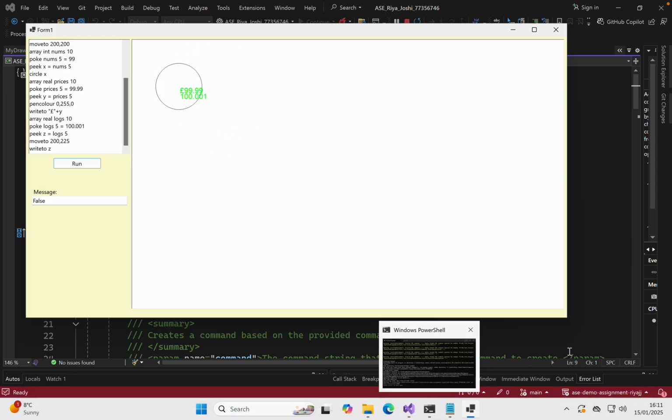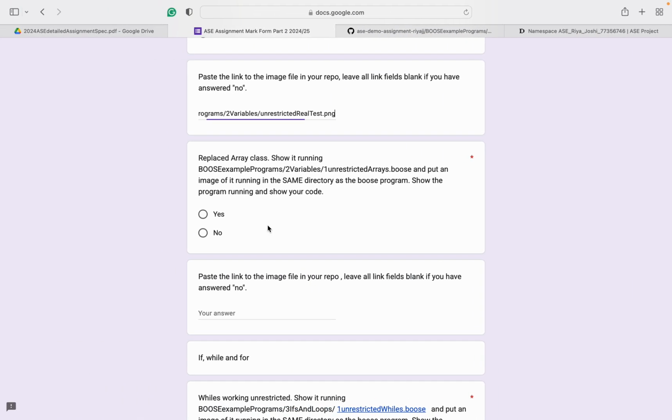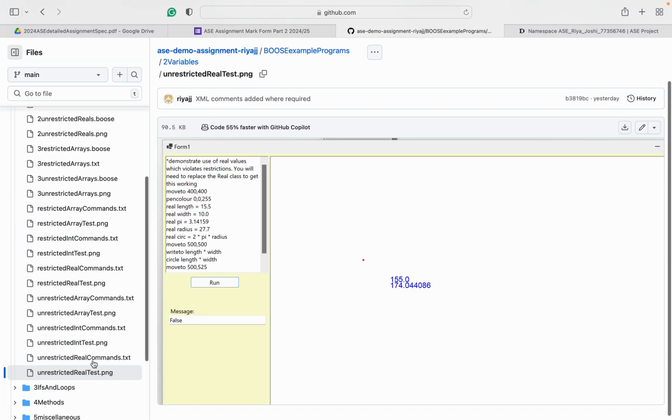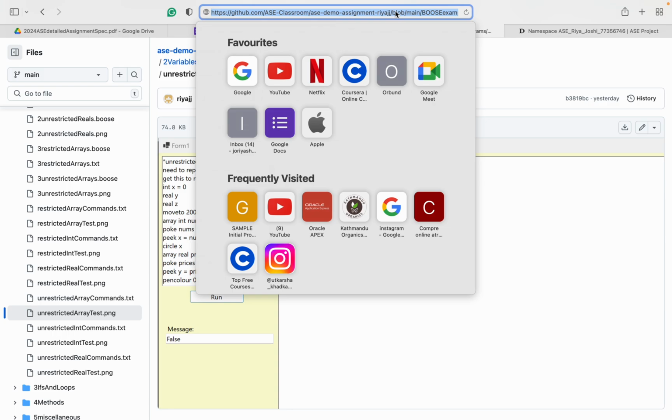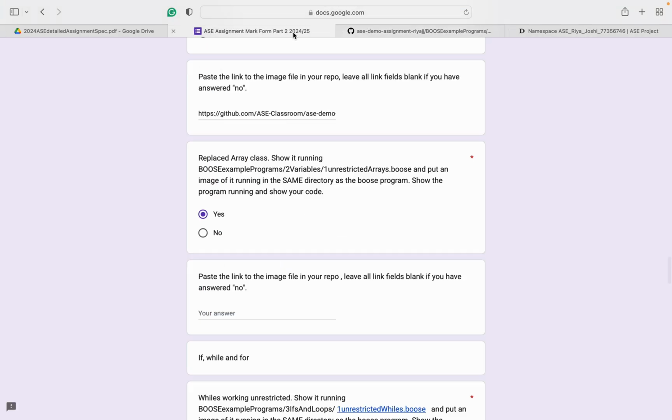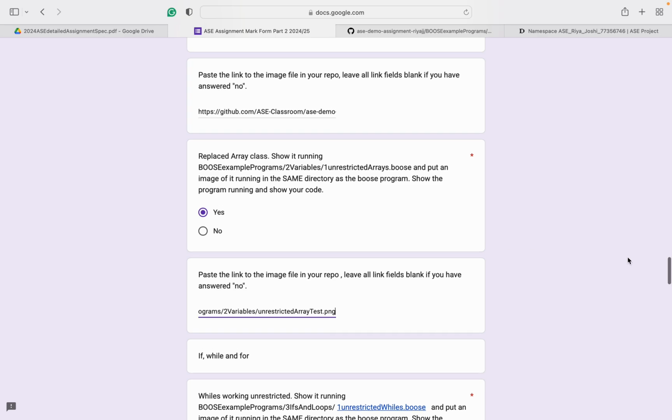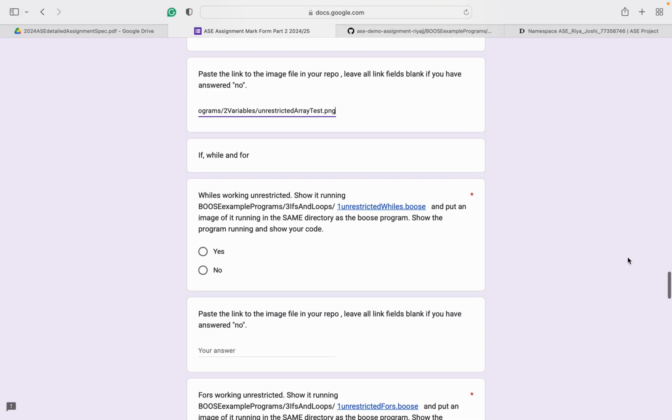Now let's check if it matches with the one that we have uploaded. So yes, the code works. It's for unrestricted array test image, and here you can see that the image matches. Now this is the link that we are going to copy here.